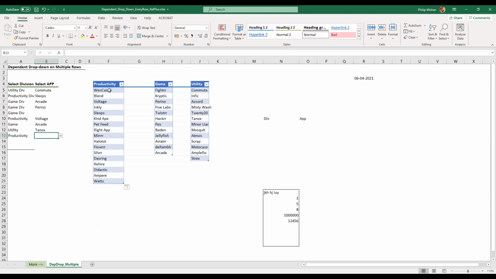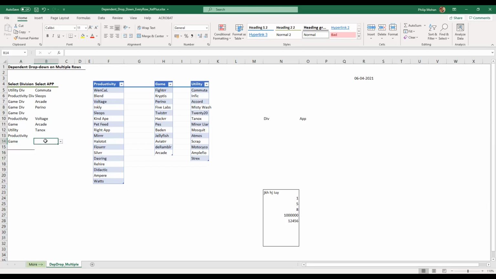So the advantage of converting a database to a table is that if you add a new record, wherever the table is referenced, automatically the last row will be that new record. And that's a hugely beneficial feature of a table.